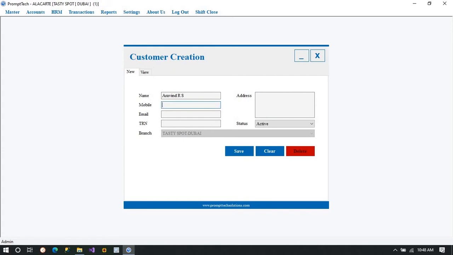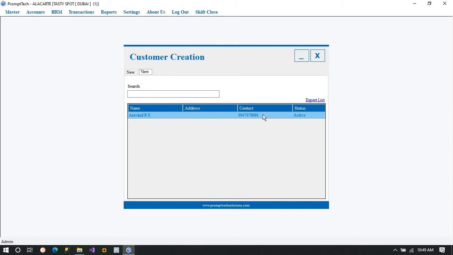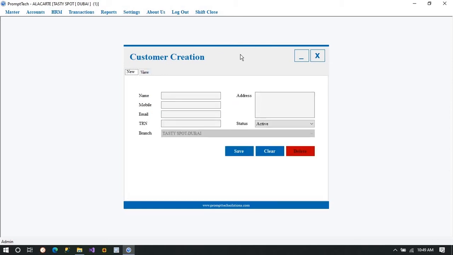This is useful when a random customer is ordering online. To remember his data, you can put in the details over here. So when the person orders the next time, this will automatically appear through his number. Now this is automatically recorded. If you go to the view menu, his name is already there. And you can keep on adding more customers.